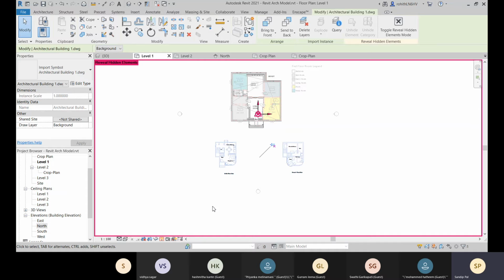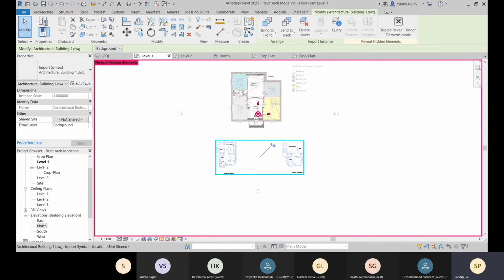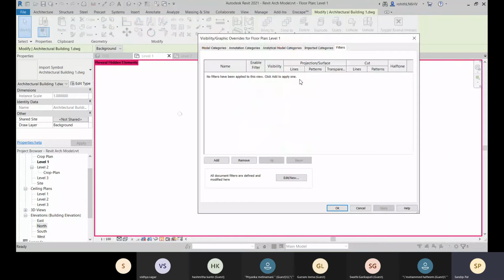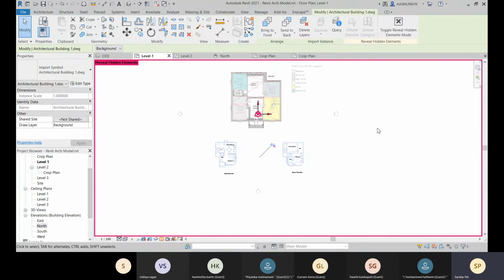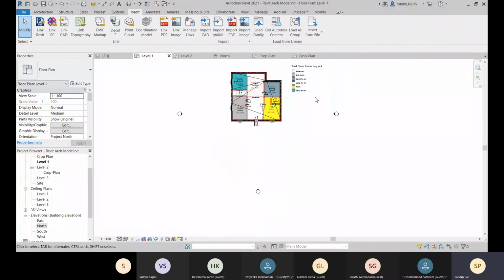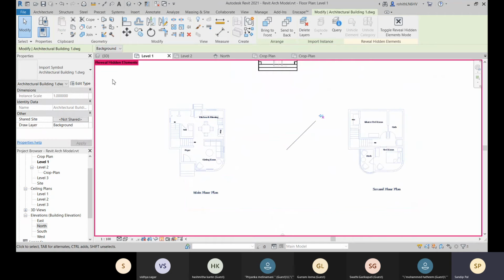So here we have, you can come to this option, and there you can see that it is available right now.